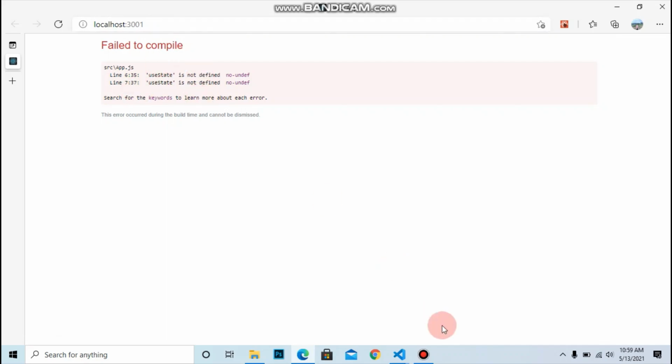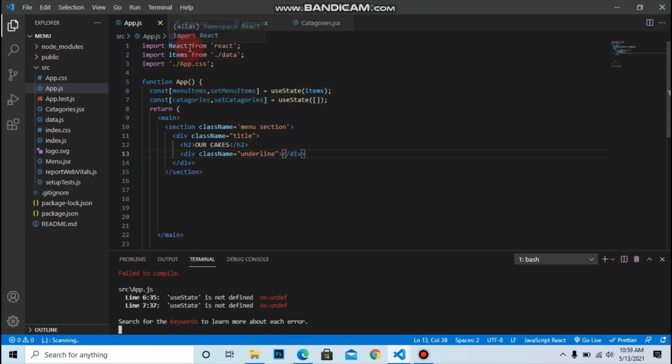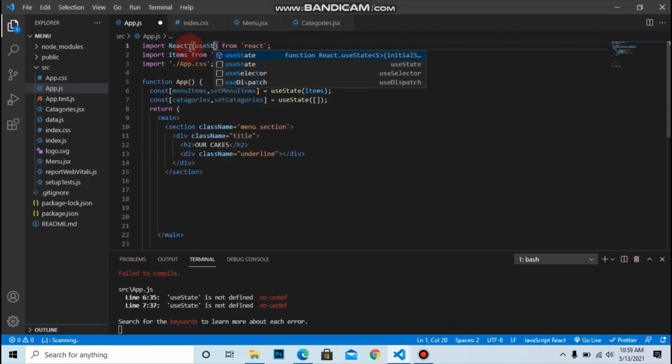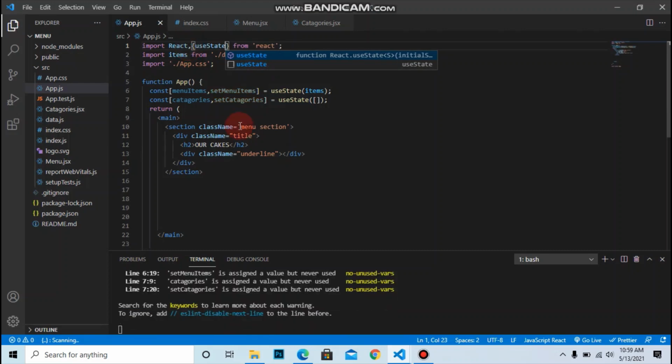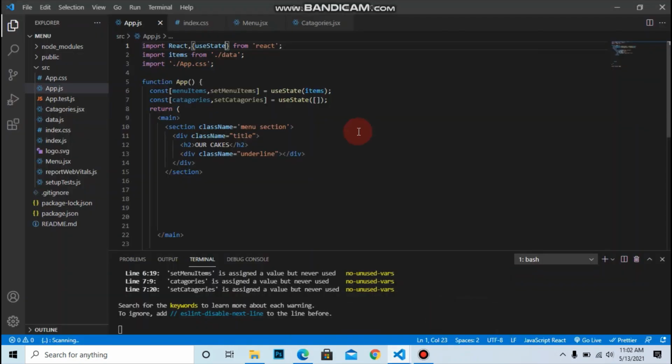useState is not defined, so in our app we have not defined it, so let's define the useState in the import. So let's go back to the browser. So our cakes. After that, let's import two components, that is categories and the menu. So let's go to the return.